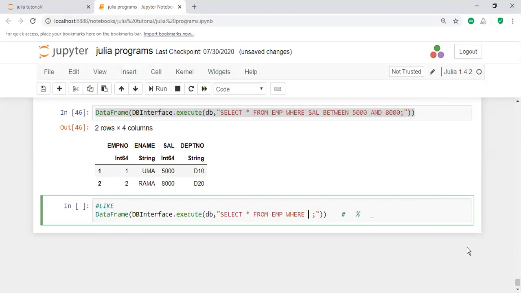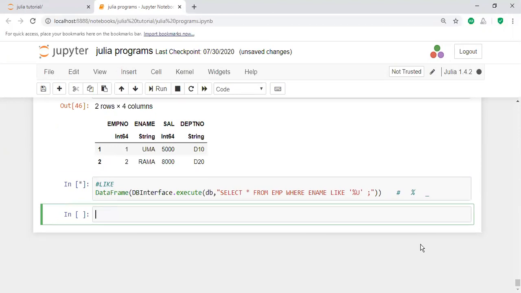For example, I need employee names starting with U. For example, where ename starting with S, ename starting with U, or ename ending with something. ename LIKE 'U%', starting with the U. It displays all employee names starting with the U. What is the problem here?